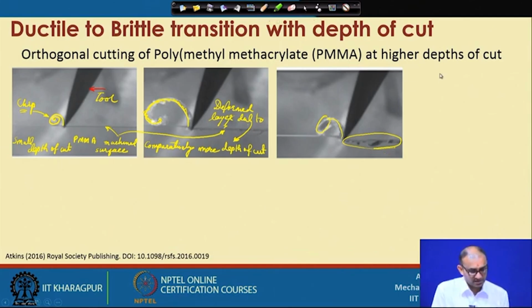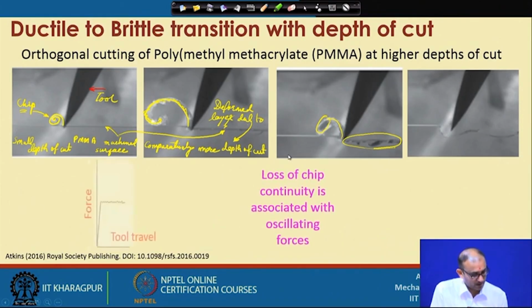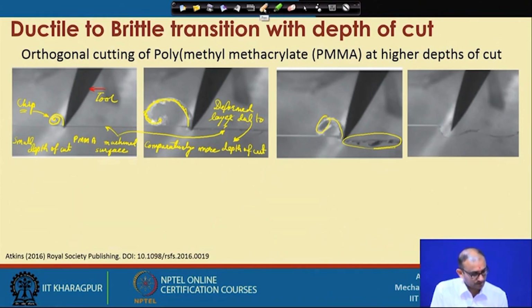Let us further increase this. Now, this is even more depth of cut. So, this is higher depth of cut, and this is very high depth of cut. Now, what is happening in this case is that the material is getting fractured severely. Now, if you see, this is the material. Now, if you see the boundary, so this is the boundary of the